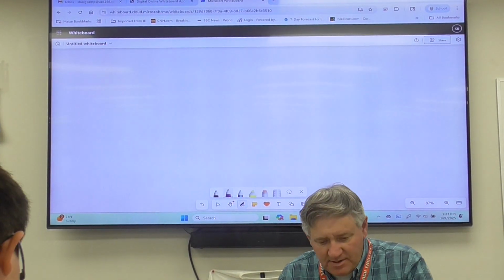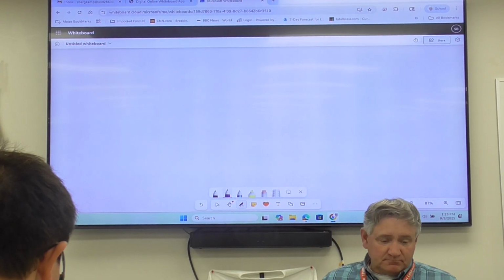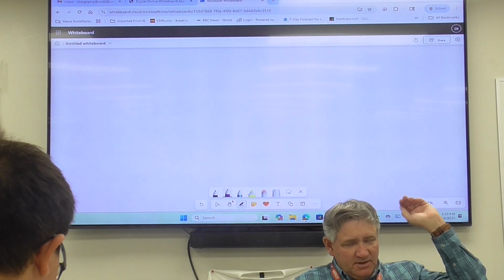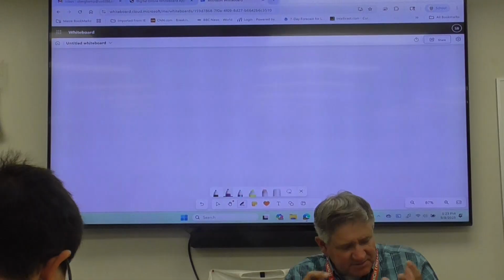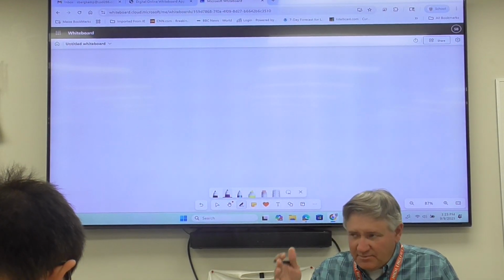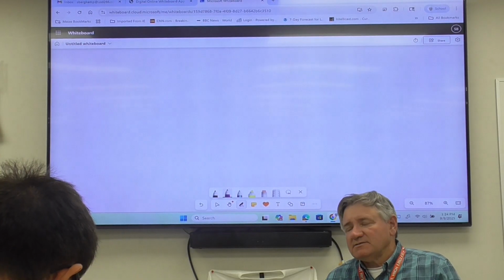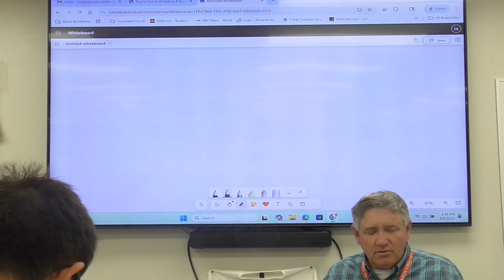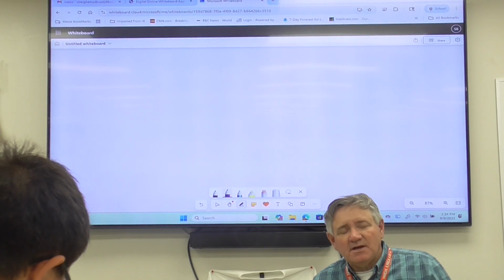All right, so here's what we've got today: we're going to transition from using graphical addition of vectors, which is cool because it gives you a sense of how these vectors work, and then we're going to transition from that into using trig functions. The graphical addition is cool because it's going to save you a lot of heartache, because what you'll see